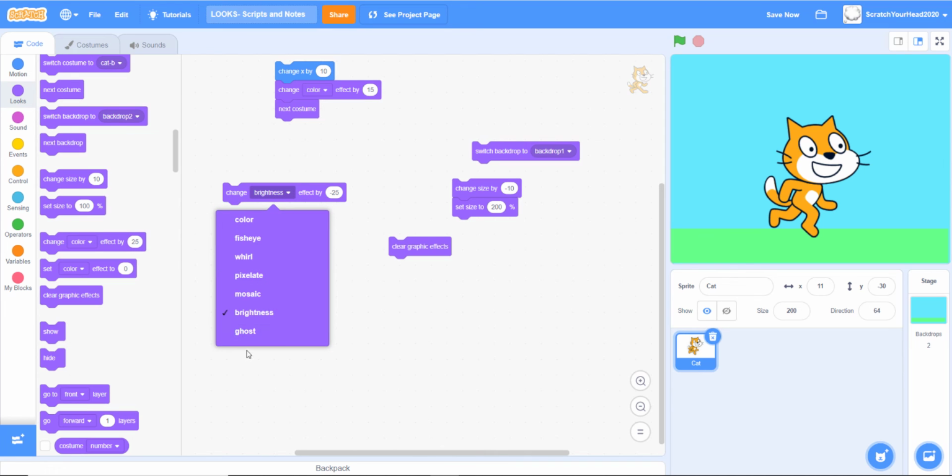The final one is ghost. Now the ghost effect makes your cat hide a bit, like if you wanted to hide your cat or make it more ghost-like, just for the occasion. Let's try